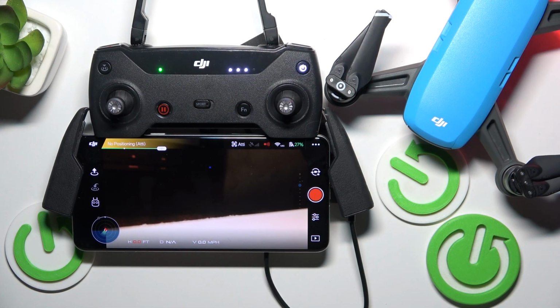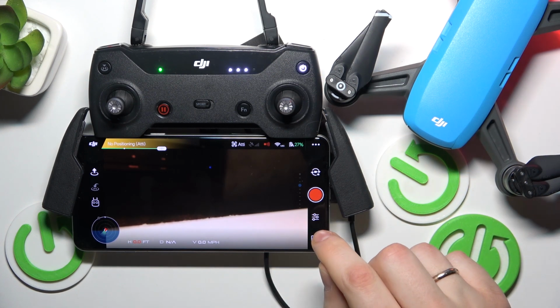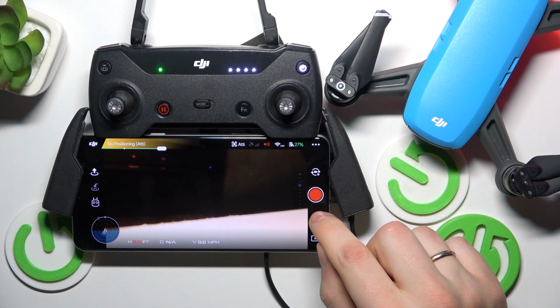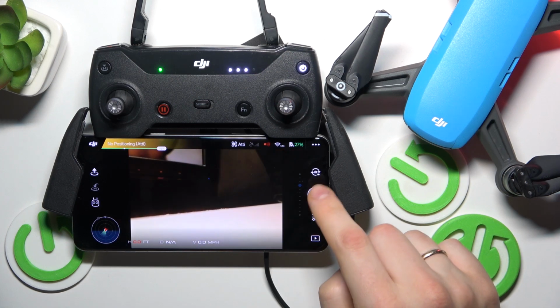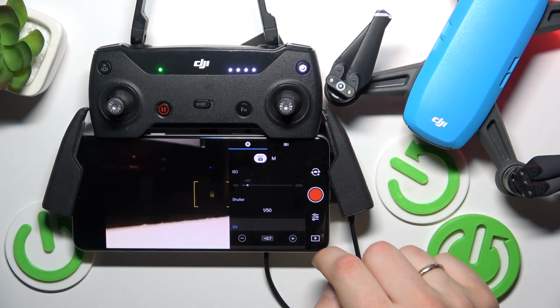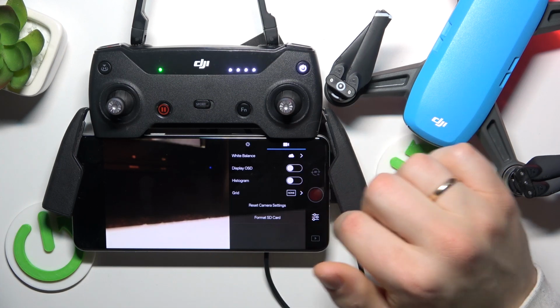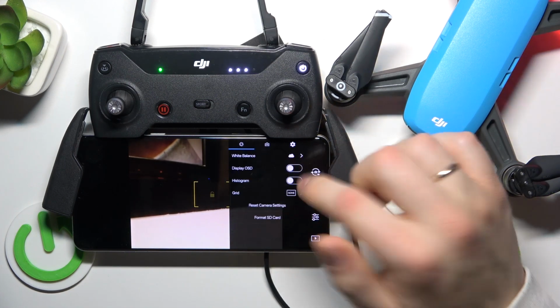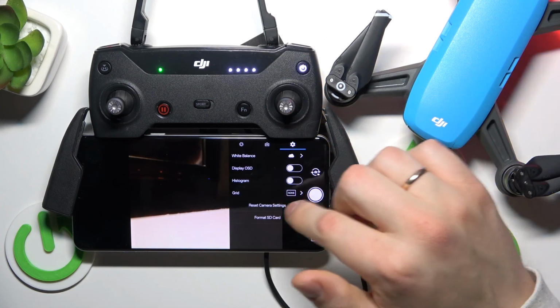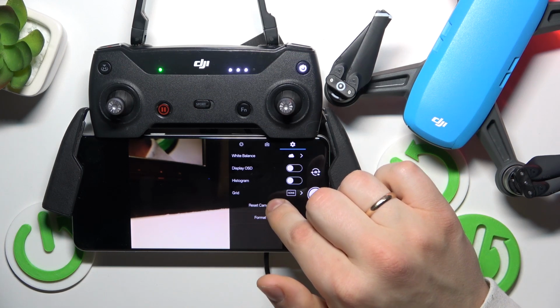So first you will need to enter the camera view of the DJI Go 4 app. Here, tap the icon you'll find below the shutter button, it doesn't matter whether you are in photo or video mode. So tap here. If you are in video mode, then select the video camera section, or if you are in photo mode, select the gear icon or section, and from here just tap the reset camera